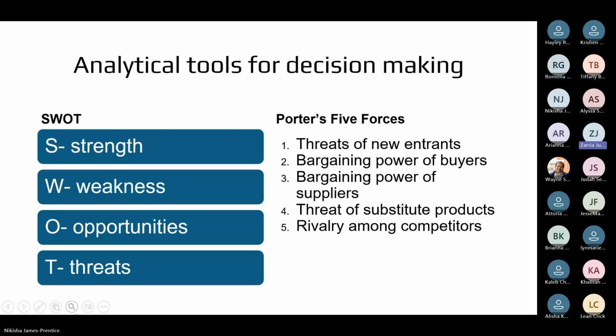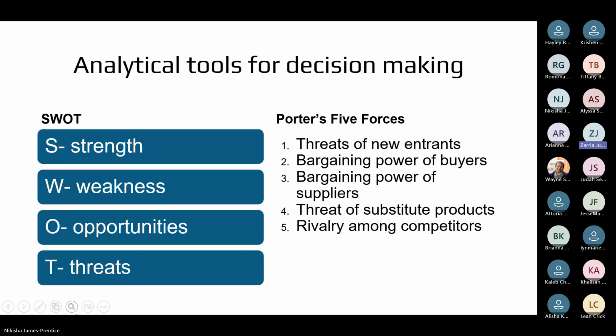The two analyses that could help with the previous slides would be the SWOT analysis and Michael Porter's 5 Forces. The SWOT analysis, which stands for strengths, weaknesses, opportunities, and threats, helps leaders to understand where the organization stands internally and how it fits in the external environment. Meanwhile, Michael Porter's 5 Forces model analyzes the level of competition and attractiveness in an industry. It also helps the leader understand where power lies and how to build a competitive advantage.